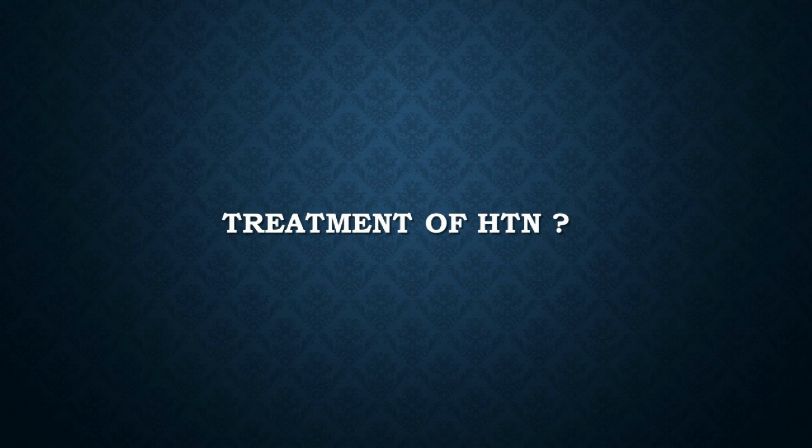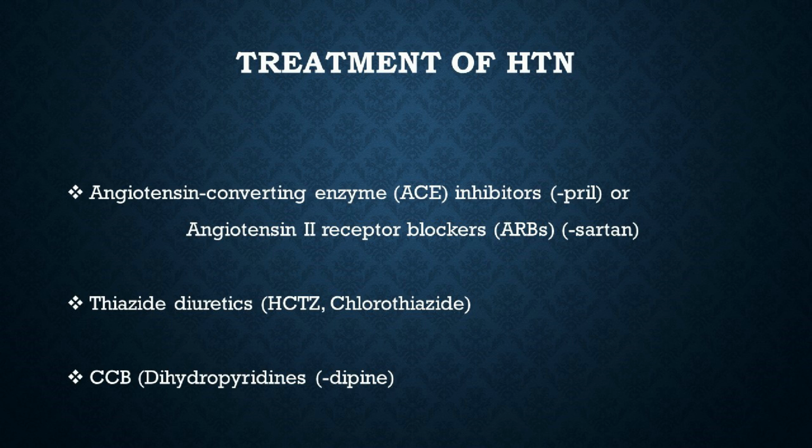Question: what is the treatment of hypertension? Answer: the treatment of hypertension also has changed a little bit. Beta blockers are no longer recommended as initial monotherapy unless the patient has heart failure with decreased ejection fraction or ischemic heart disease. Otherwise, you can choose one from the following medication classes: the angiotensin converting enzyme inhibitors, the ACE